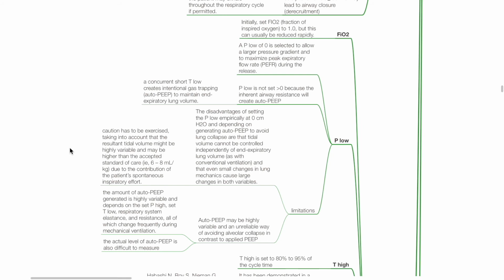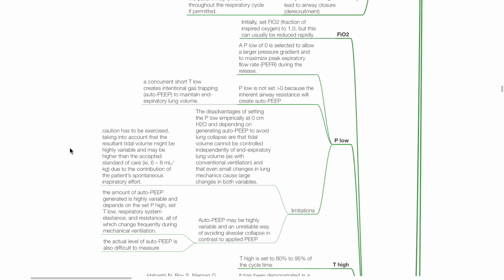Limitations. The disadvantage of setting P-low empirically at 0 cmH2O and depending on generating auto-PEEP to avoid lung collapse are that tidal volume cannot be controlled independently of an expiratory lung volume, as with conventional ventilation, and even small changes in lung mechanics can cause large changes in both variables. Caution has to be exercised, taking into account that the resultant tidal volume may be highly variable and may be higher than the accepted standard of care, 6 to 8 mL per kg, due to contribution of the patient's spontaneous